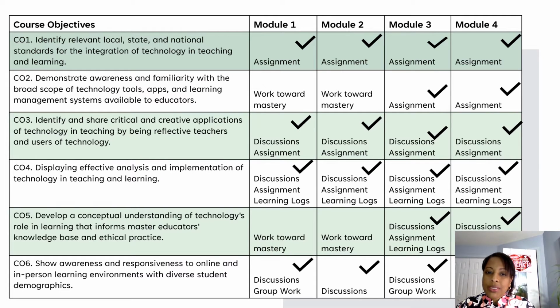Through the assignments, discussions, and learning logs, you're going to show several of the course objectives. A big one that you're going to use a lot throughout the 4 modules is using the standards, or identifying the national, state, and local standards that deal with integrating technology. You also want to make sure you connect it to what you're currently teaching, those standards that you are addressing